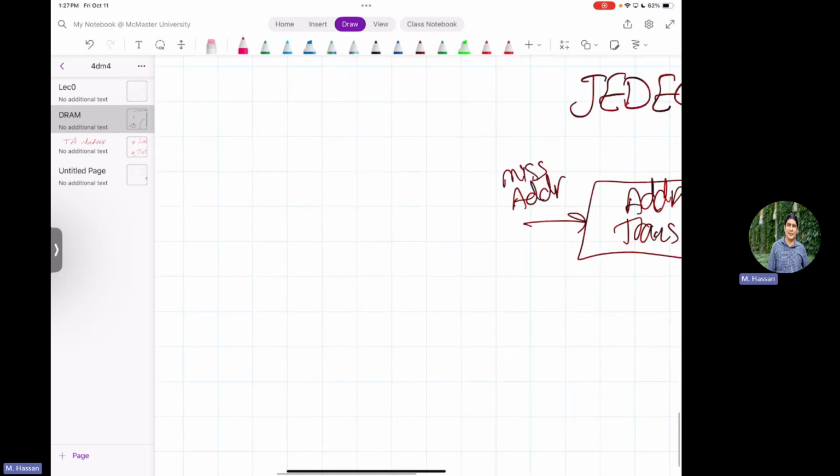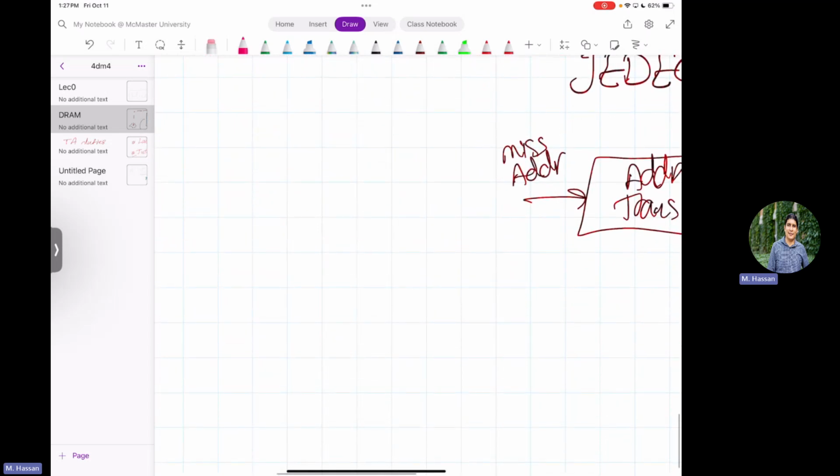The memory controller needs to keep track of the JEDEC timing constraints, because if you send the correct order of commands but don't send them within the correct timing, you will not get correct data. So I need to send the right commands, and I need to send them within the correct timing. Good. So to give you an example,